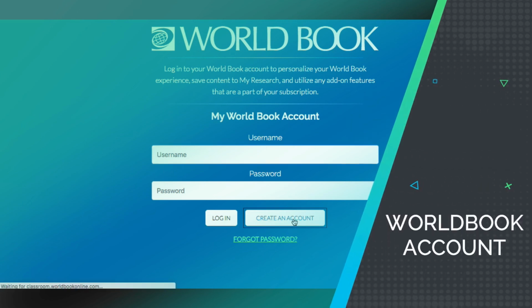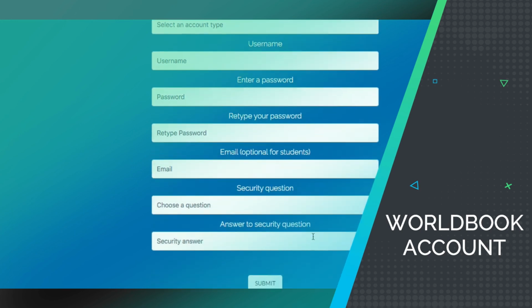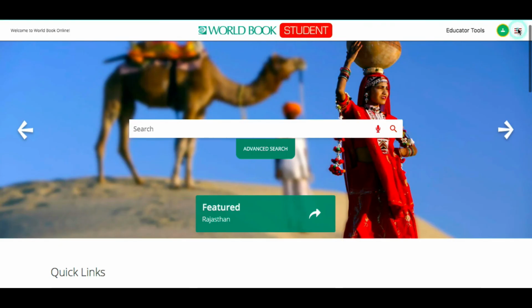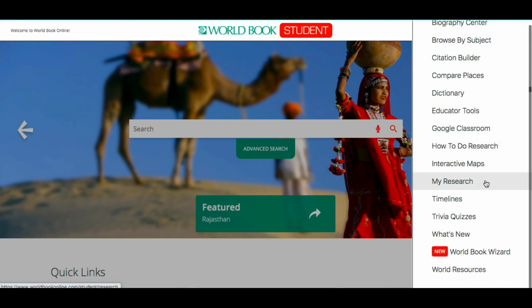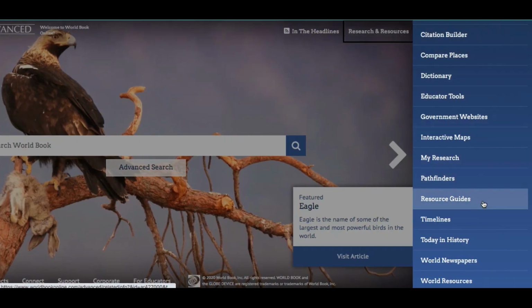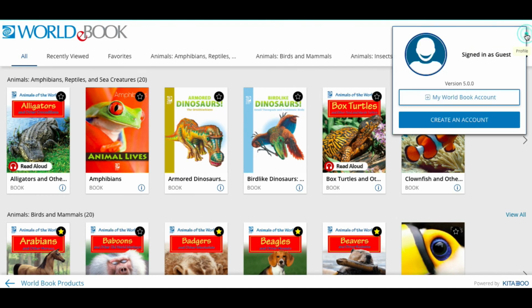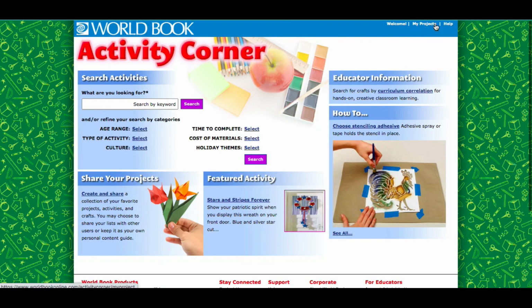Account. To save and create contents from the Worldbook Online, you must create your own account. When making your own account, think of it as similar to making your own Facebook account. You will only need to fill in the information sheet and your email address. Here are the steps in making your own account. You can create your account from the following sections: Student, Advanced, Timeline, eBooks, Activity Corner, Discover, Dramatic Learning, and Science